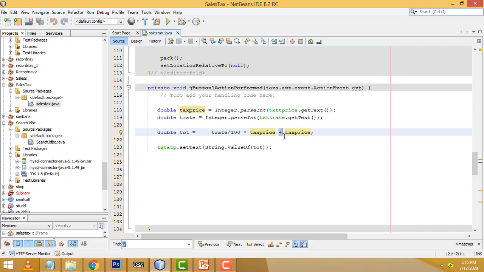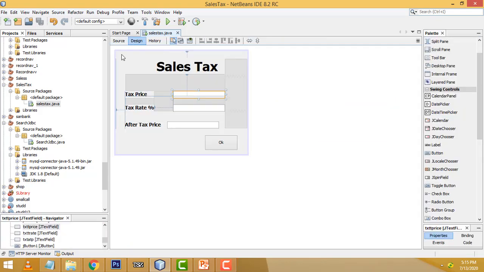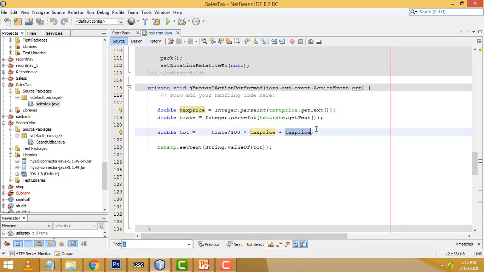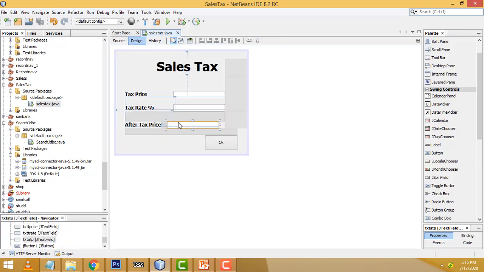After I have done this calculation part, I am going to add the price again. What is the initial price you entered here? We have to add that again. After that, we calculate all the stuff and assign it to this variable. I call it into this particular text field. Okay, this is the text field. The final result will be displayed. So that's the stuff I have done here.